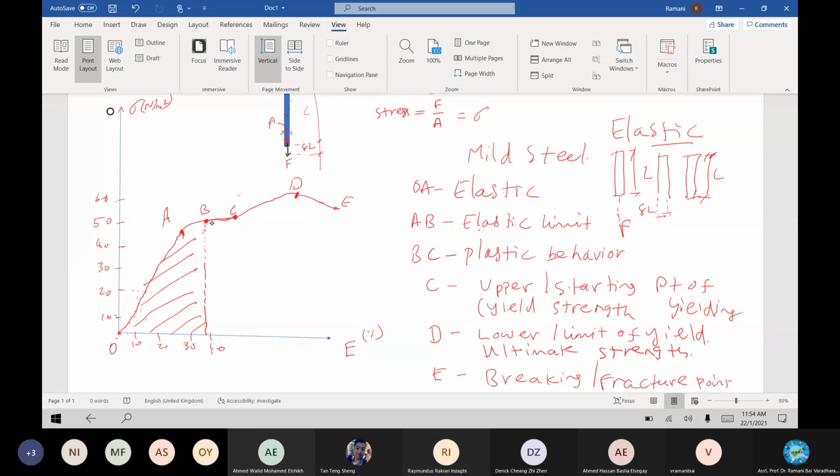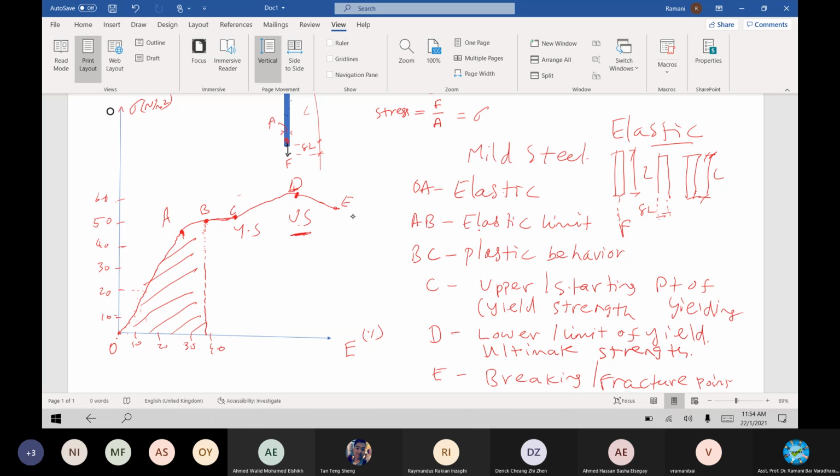In that, the next process will be, it is getting elongated some more and then starts yielding. Yielding means what? About to fracture, or the materials are getting apart. So C to D, it will still bear the load, but no breakage, no bending, reaching one point called D, ultimate strength. Okay, this is yield strength, ultimate strength. Ultimate strength is reached at this point, after which you cannot load anymore, and this is the point for which you will be designing. All the designs will follow this ultimate capacity of the member, or tensile strength of the member.